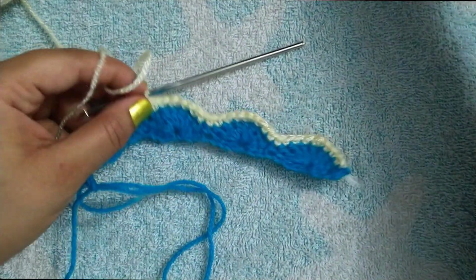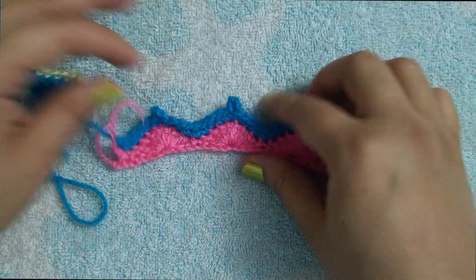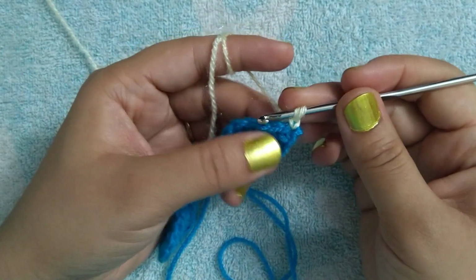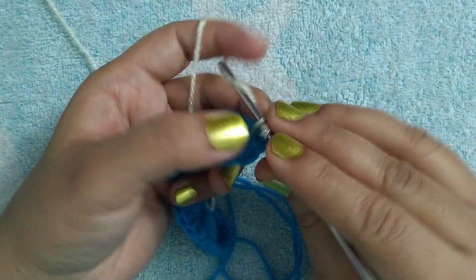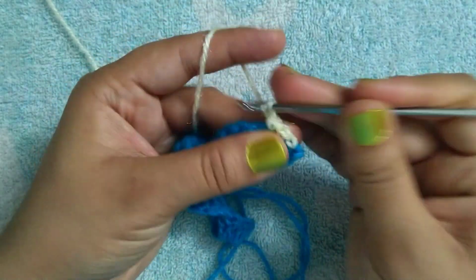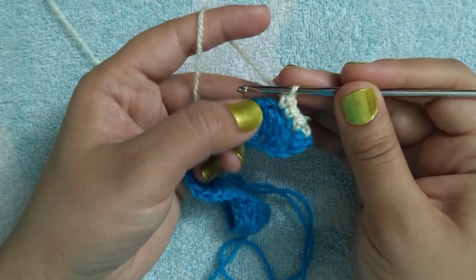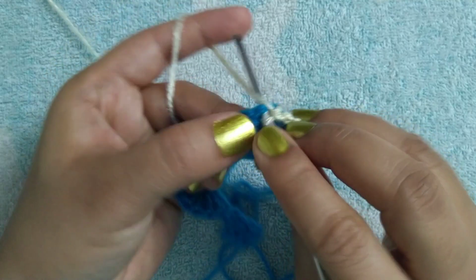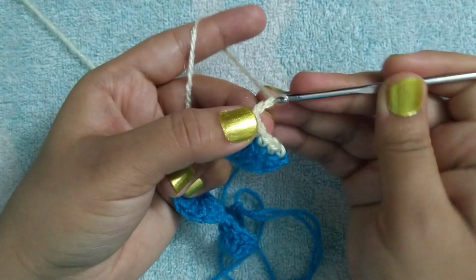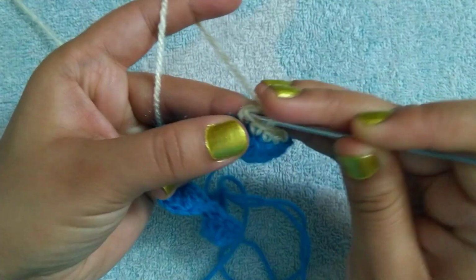Okay, now I will show you this pattern. In the second design we will start like the first one with single crochet, three single crochet. Now in the fourth we will make first single crochet and chain 2, and in this